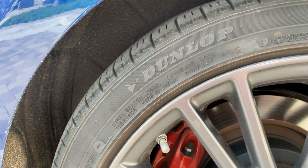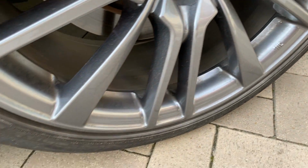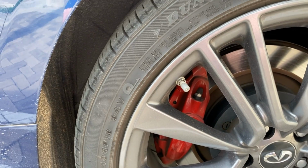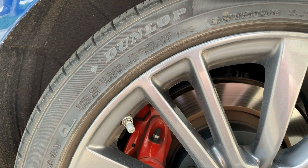Again, for $1,000 you can put some Michelin Pilot Super Sports on there, and the car will be like a whole new car. But the OEM tires on that level of car are pretty inexcusable, with the poor quality and the price. One quote I got to put 4 new tires on was $1,800 for OEM tires. That's a little much. So there is no spare tire. So much like BMW, they included run flats, which anybody who likes performance knows is